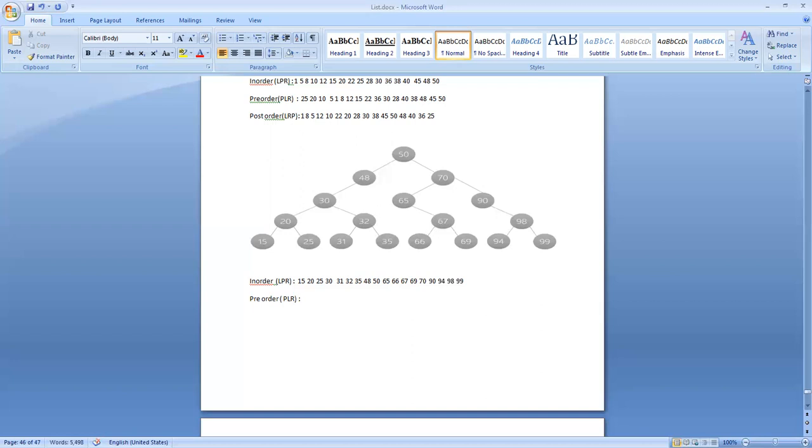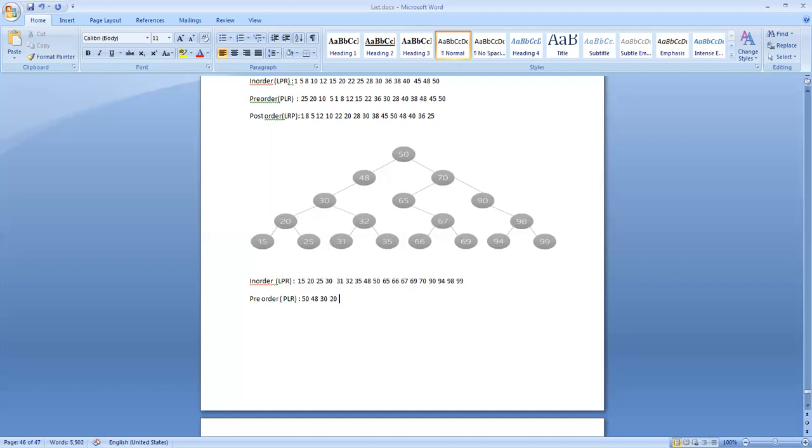We start from root, parent, 50. Then the left child, right child. Left child is a parent, 48. Then the left child of 48, that is 30. That is also a parent. Then the left child of 30, that is 20.